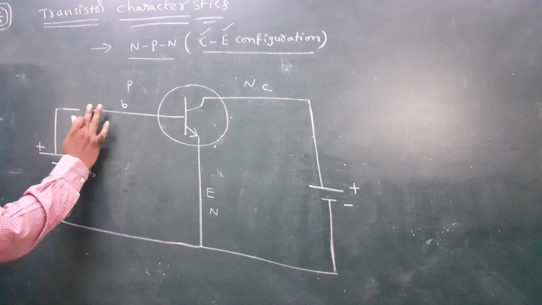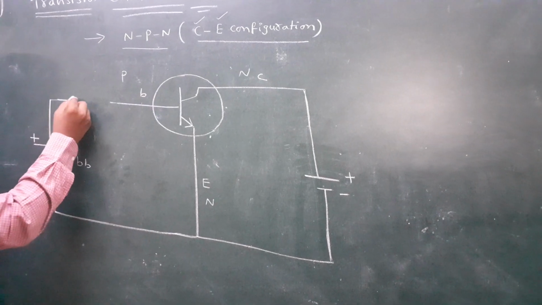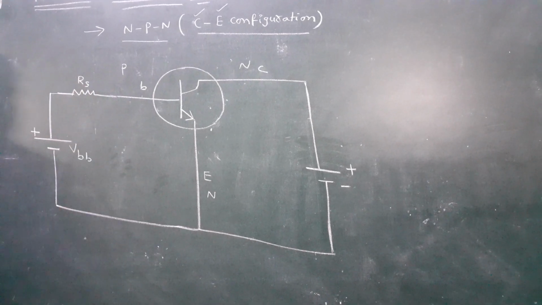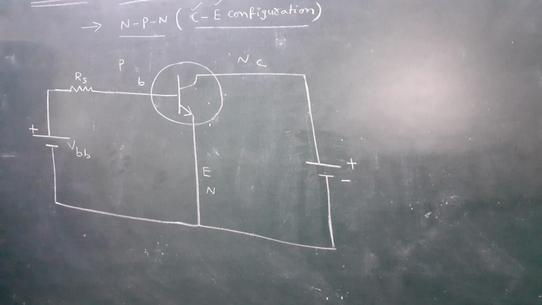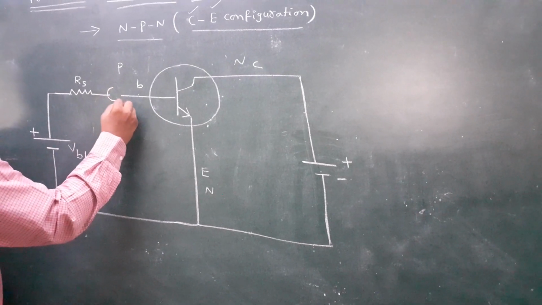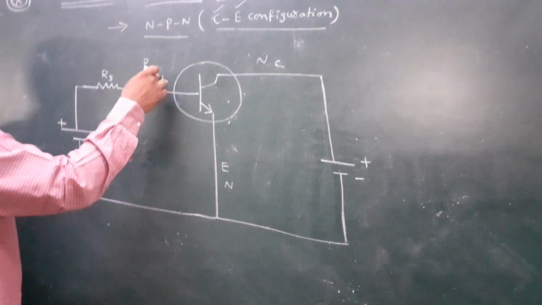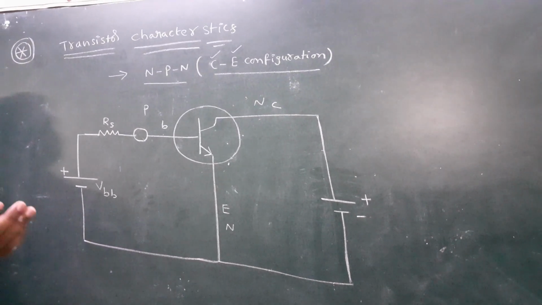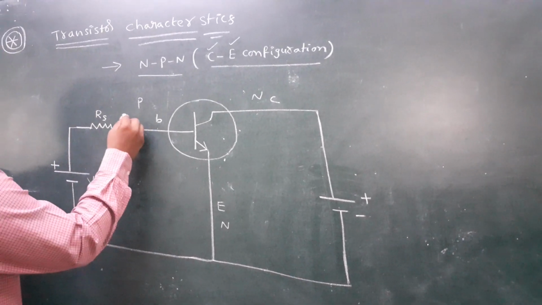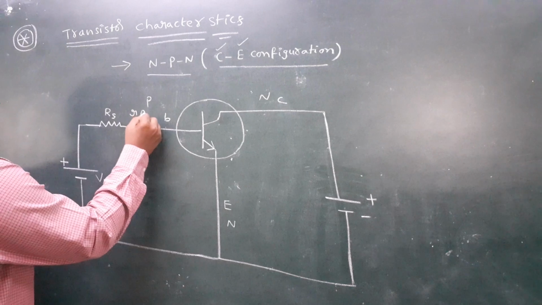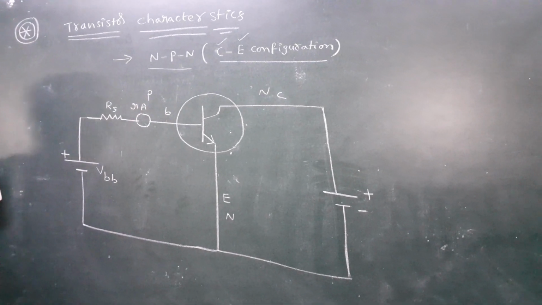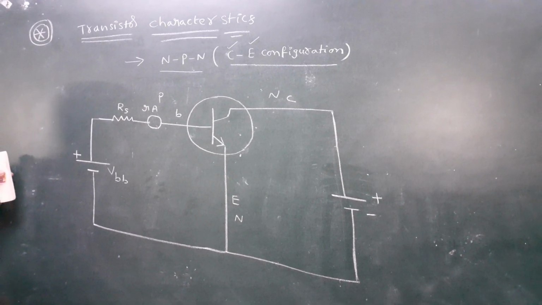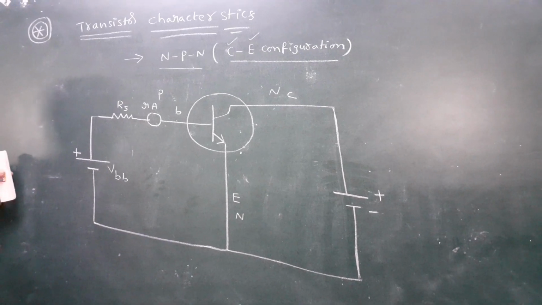Here I take a resistance also. This resistance is called RS, the series resistance. This is called the input resistance. Here I connected the ammeter. This is the base. The base is lightly doped in the transistor. Lightly doped means the charge is very less. So this current is measured in a microammeter. What is the use of an ammeter? To measure the current. Base is lightly doped, so to measure very light current, we use a microammeter.